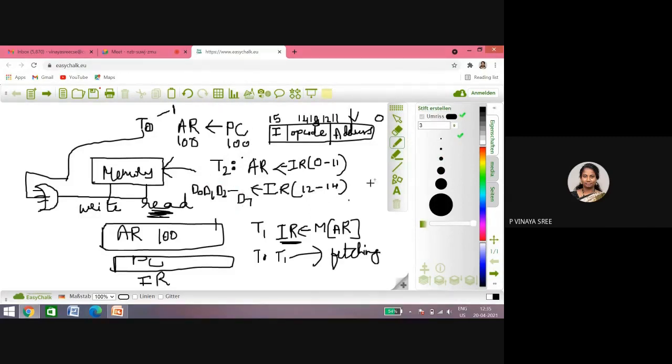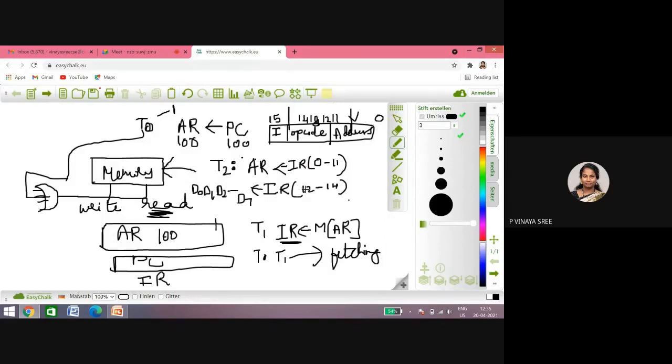So for the opcode, we use a decoder of size n by 2 to the power n, and here it is 3 bits. So 3 inputs we are giving, and the outputs generated will be 8. I represented them as D0, D1, D2, so on until D7. So this is decoding. This decoding will decide, based on which output is active, whether it is memory reference, register reference, or input output. Until this we have completed.